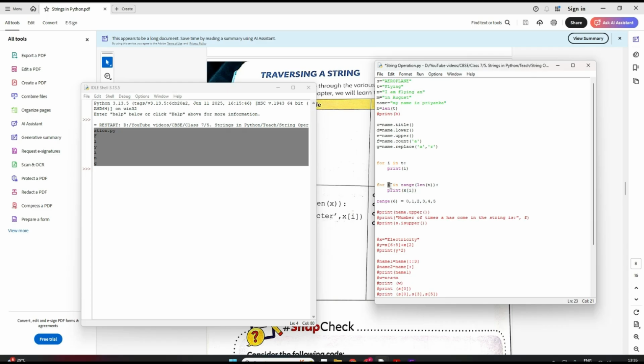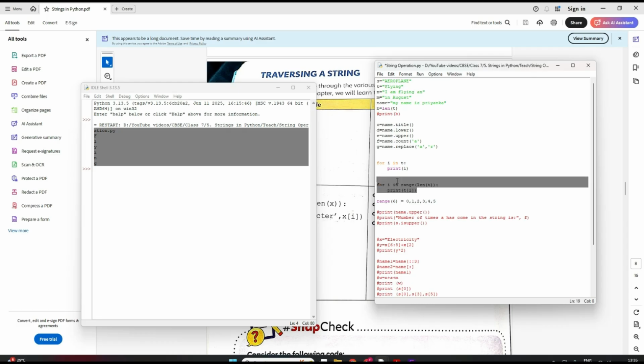So here the first value of i will be 0, right? So print x[0]. So 0 is my index, x my variable, right? I put x, but I'll put t here. Sorry, my string name is t, right? So print t[i]. So it will print the first character.